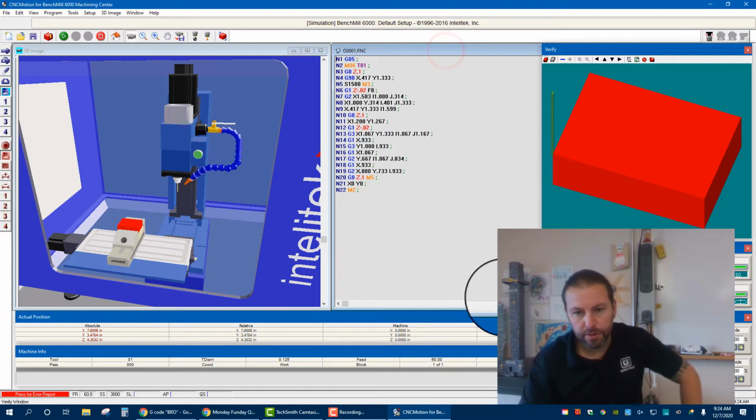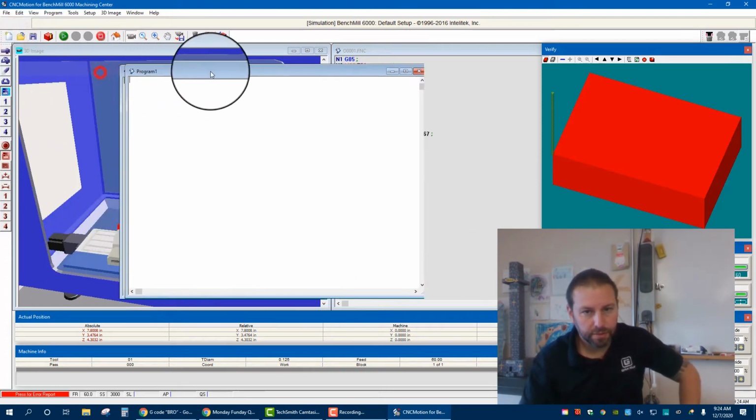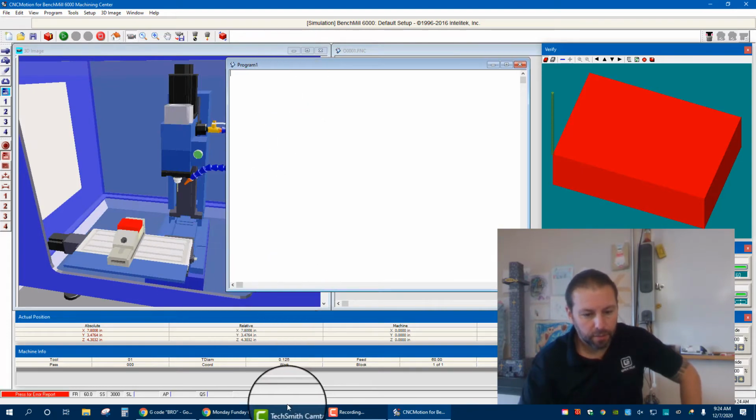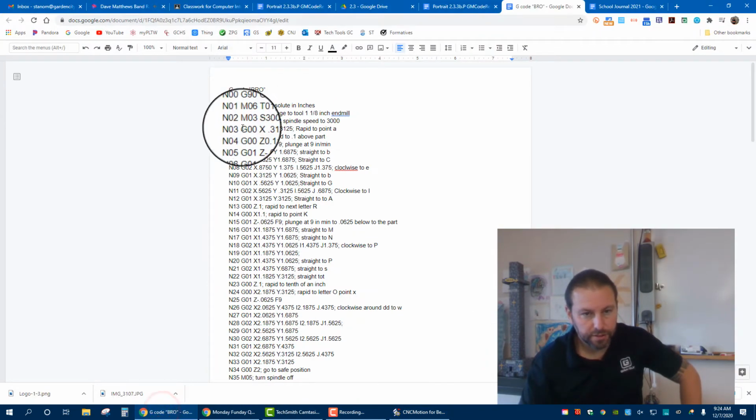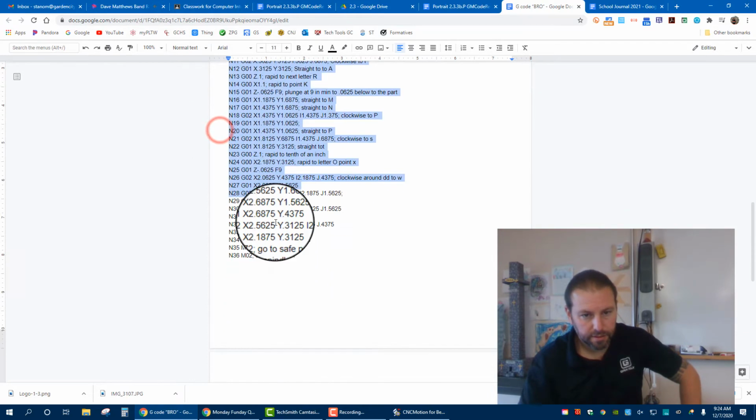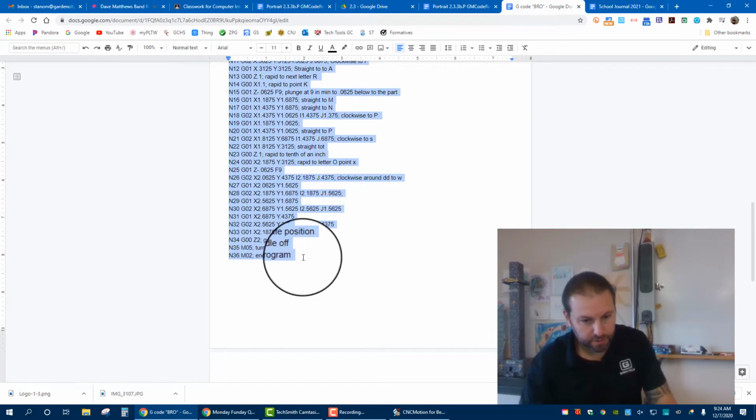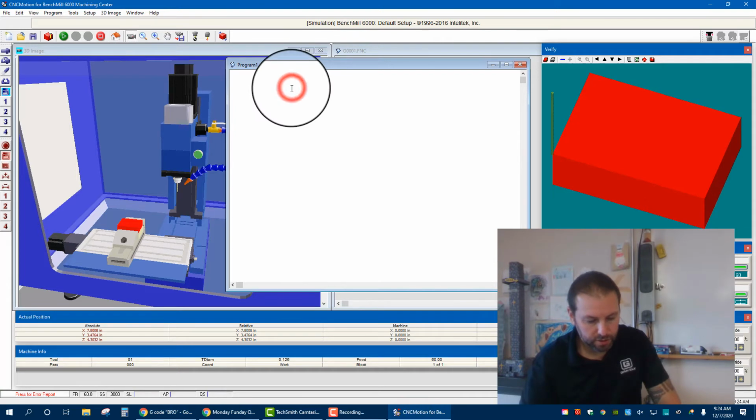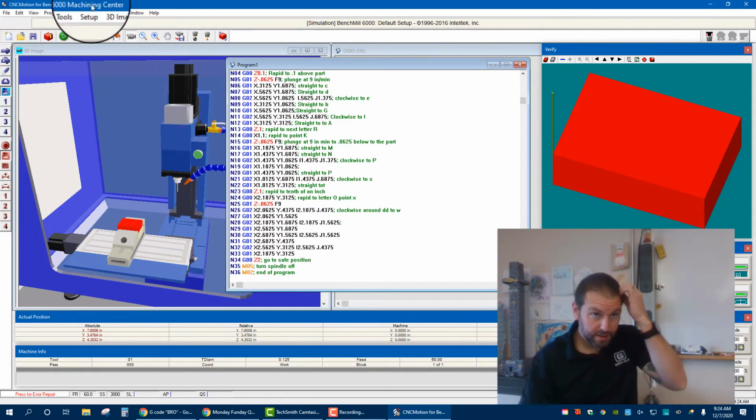Now we're going to put in our code. So I'm going to hit the little new button right there, so it brings up program 1, and I will go grab my G-code here. Control C that. Go back to CNCMotion, Control V. So now that it's in,